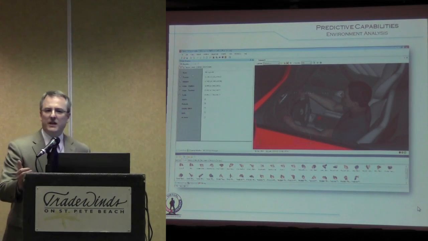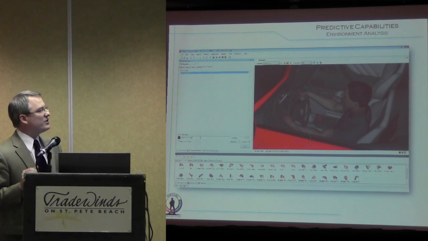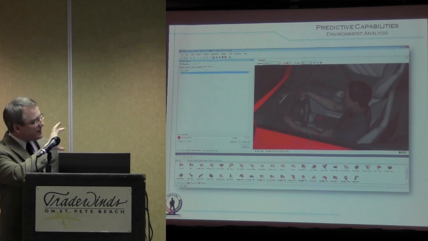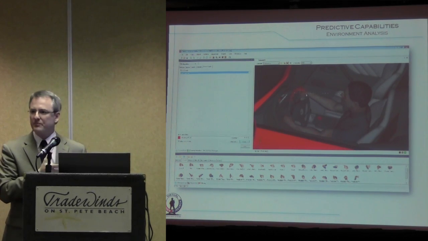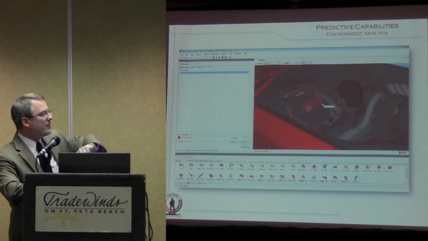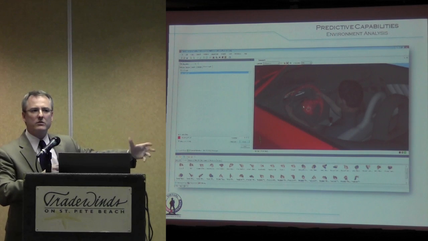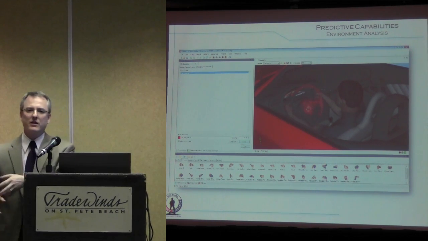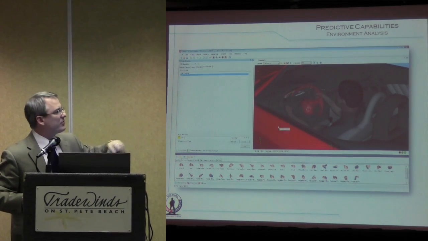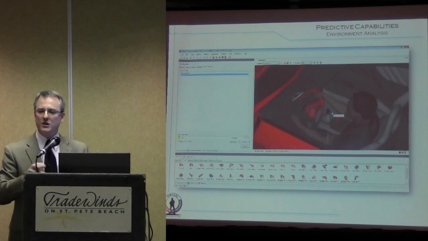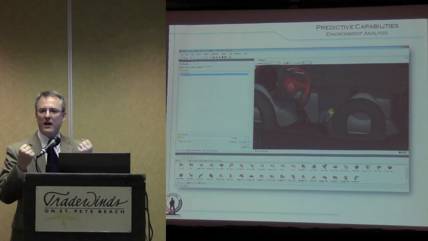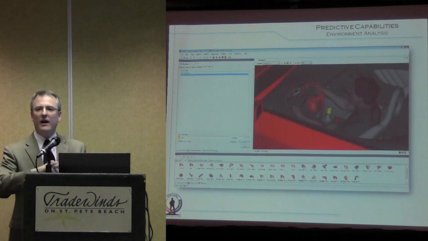Then in response to some needs that Caterpillar had, we took that same tool and asked, can we bring in geometry or an area you're working with and just get a score? So what happens here is, sitting in a car, the user will highlight areas that are critical. I want to look at the steering wheel, the stick shift, and the radio button. Okay? And it will automatically perform that same zone differentiation, but just on those points you select, and it'll give you a score, an aggregate or average score for each of those parts, and then your total